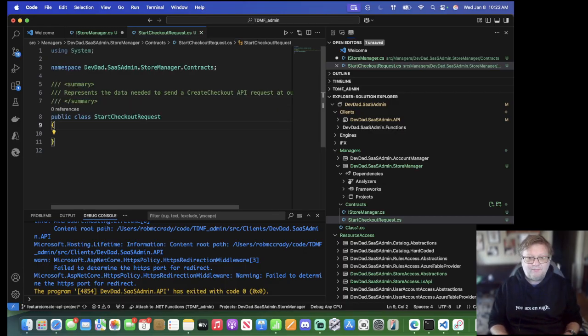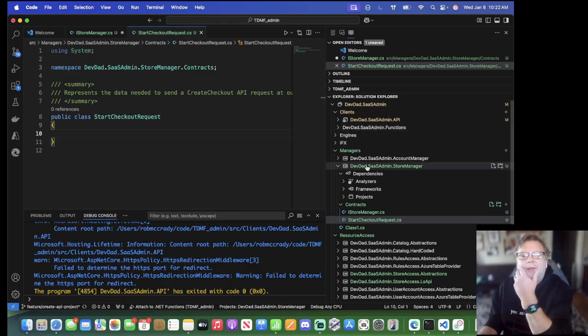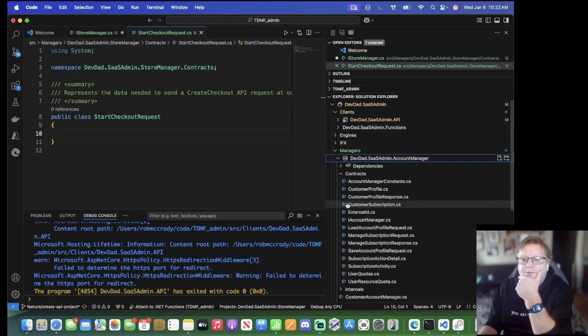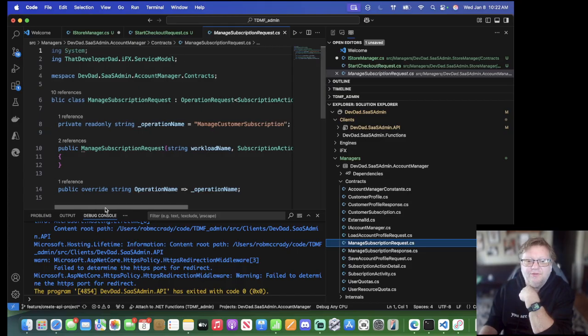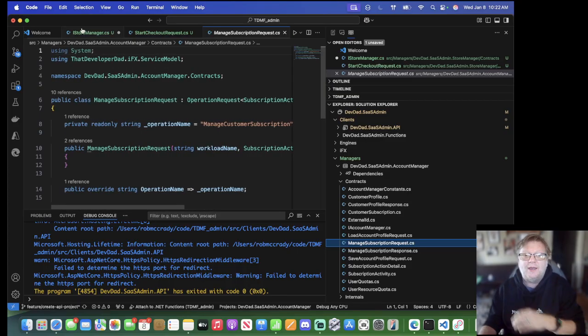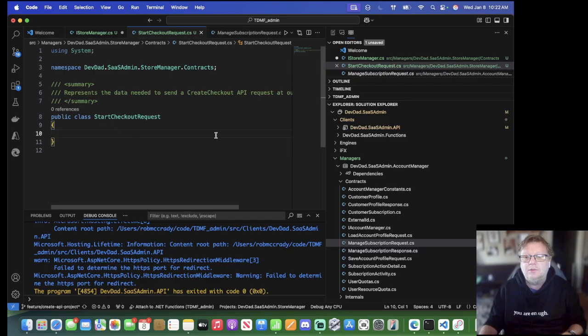Save. Now, there are some things that I do with request thingies. It wraps OperationRequest of subscription action detail. So